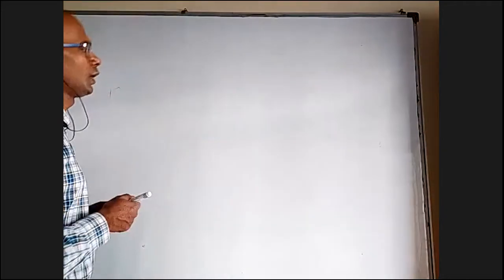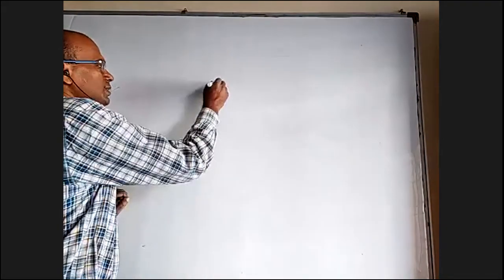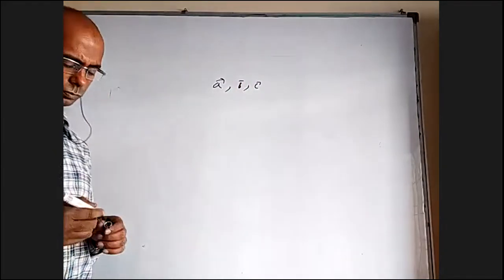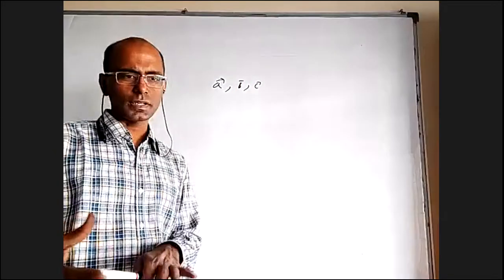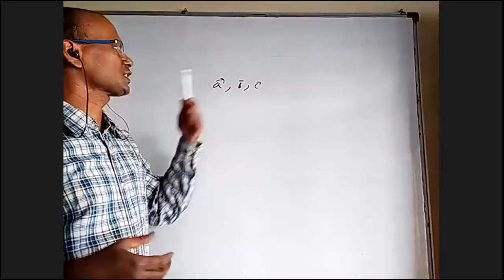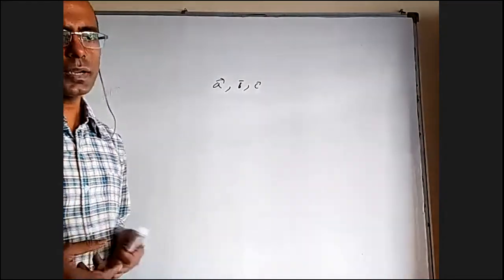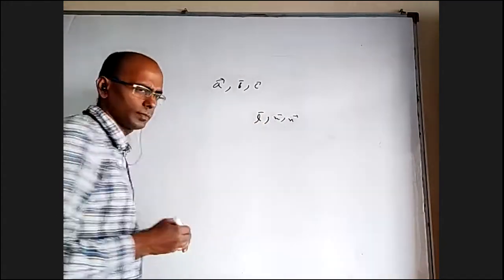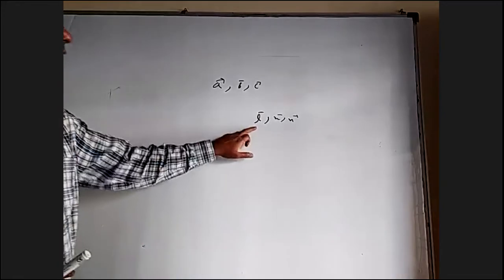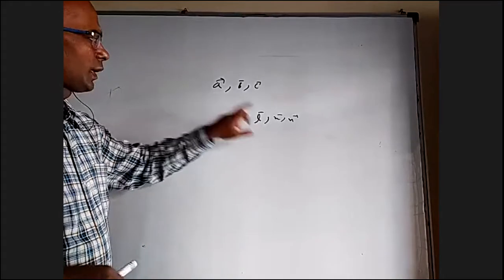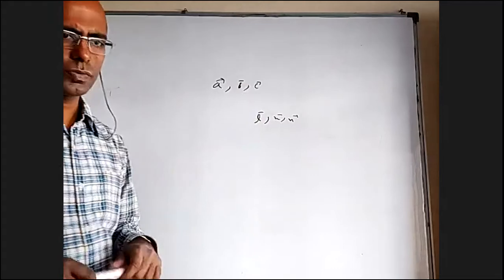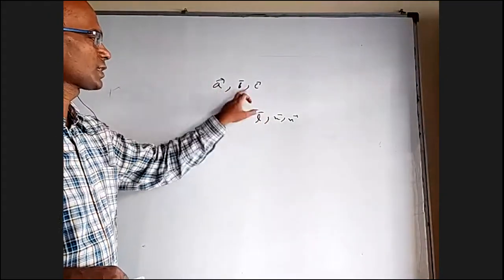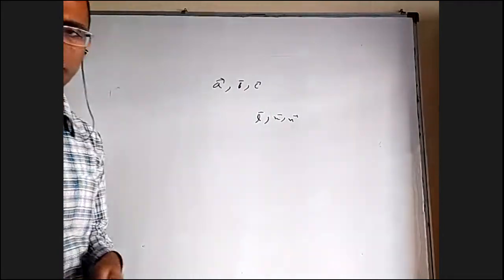But if somebody wants, let us say A bar, B bar, and C bar are three vectors. There is another set of three vectors where that system is, I want to say, the reciprocal of this. If I have L bar, M bar, N bar, then L dot A should be 1, M dot B should be 1, and N dot C should be 1. And L should be perpendicular to BC, M should be perpendicular to AC, and N should be perpendicular to AB. You can write those equations.